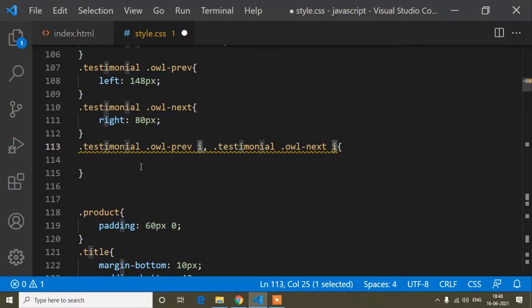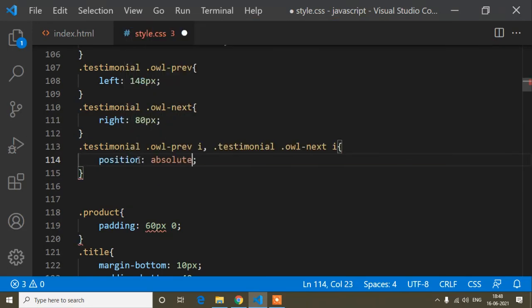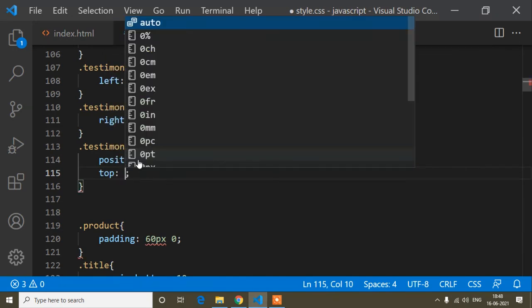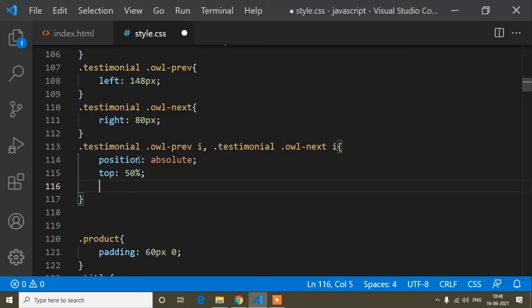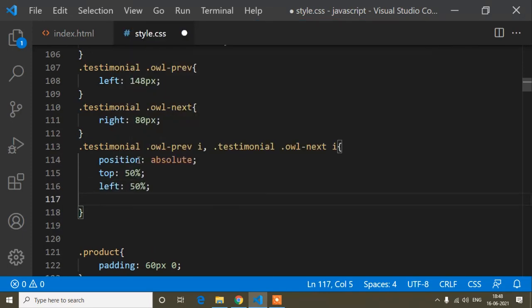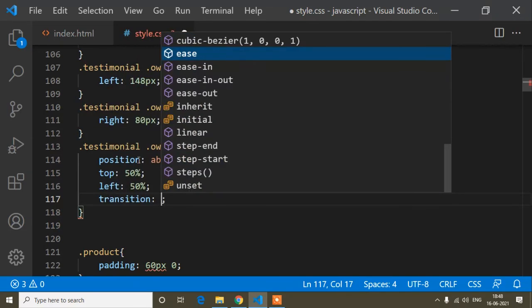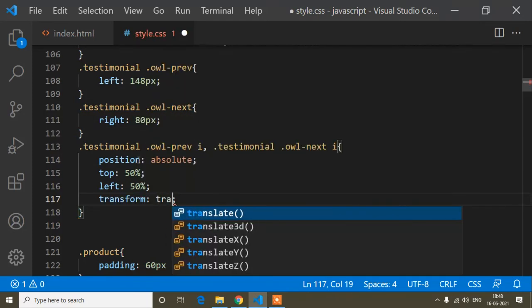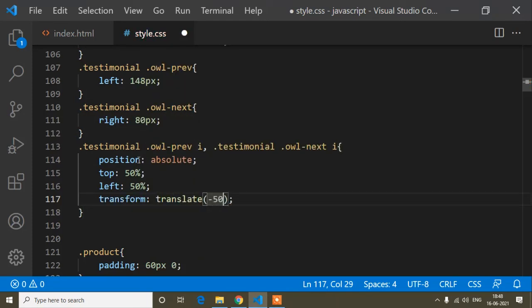This I tag icon will be in the middle of this button. So here I will write position absolute, and with position absolute, top will be 50%, left 50%, and to make the top and left properties effective, here I will write transform: translate(-50%, -50%).